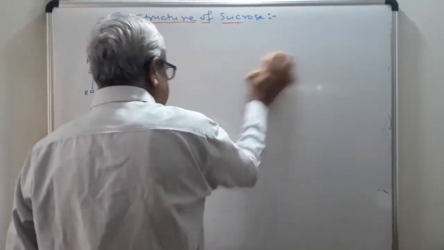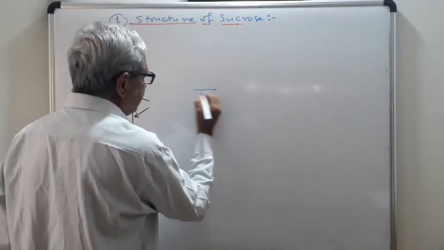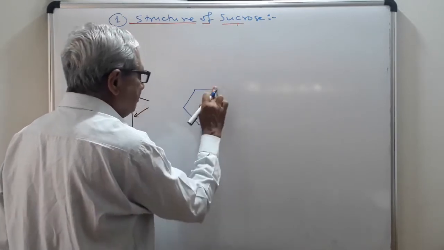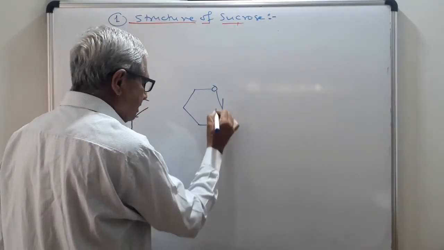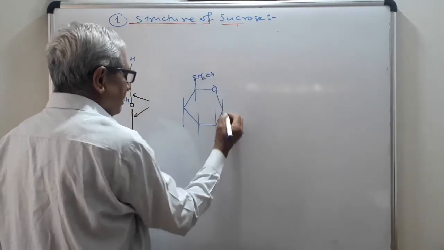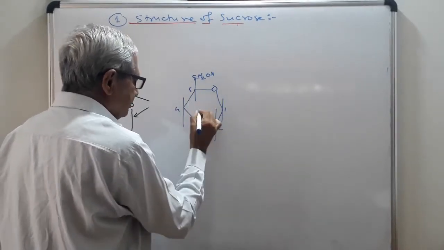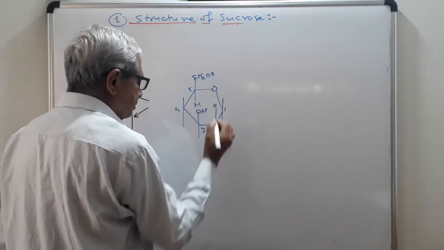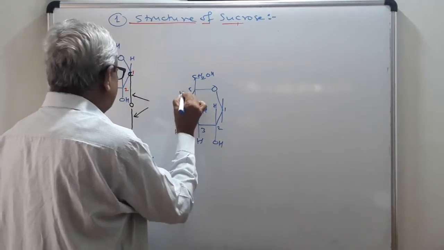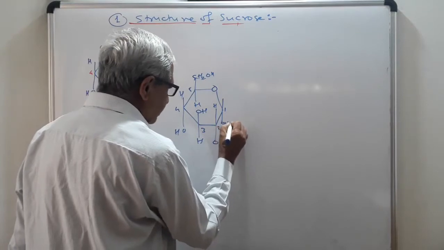I will write that structure here immediately, because sometimes a question can be asked on the structure. Draw a 6-member ring containing an oxygen atom on the right hand side top. So indicate oxygen here. Then 1, 2, 3, 4, 5, 6. Carbon number 6 is here. This is 1, 2, 3, 4, 5. On the inside there is an OH group, hydrogen, hydrogen, OH, hydrogen, OH, hydrogen. Now see, it is alpha, therefore we can write OH here, H here.